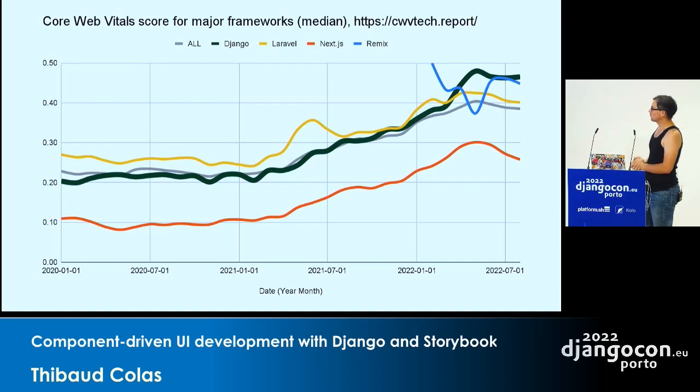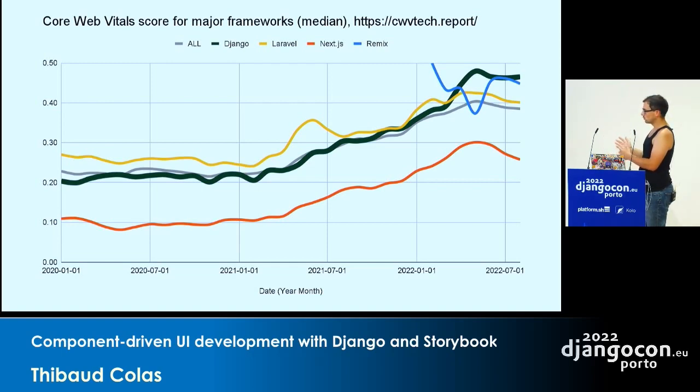The data is there. The big line that's green, or kind of brownish, that's Django, and that's Django's performance as far as the Core Web Vitals scores, which are metrics introduced by Google. That's Django's performance over time compared to some of the other frameworks in this space. So, I took the same ones as Sage had mentioned this morning. Basically, the further up, the better. And we can see that Django is quite well placed, but definitely, depending on the tool you use, you will